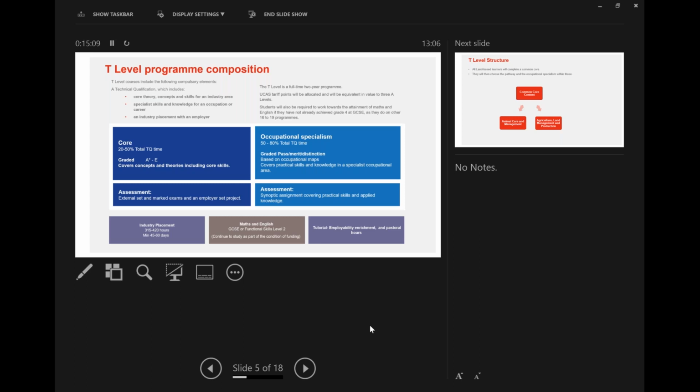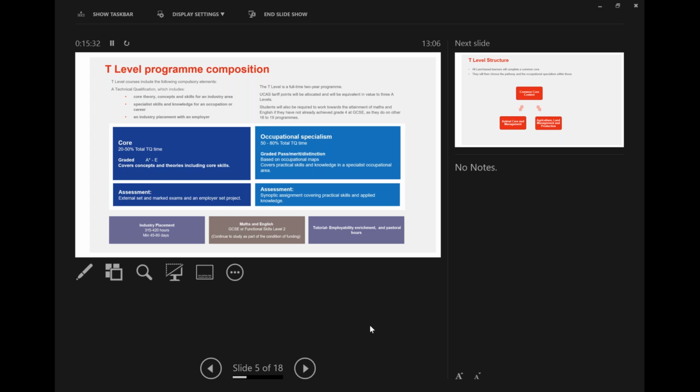Alongside that is the Occupational Specialism section of the qualification, which can take up to 80% of the total TQ time. And this covers practical skills and knowledge in a specialist occupational area based on the occupational maps within the sector.